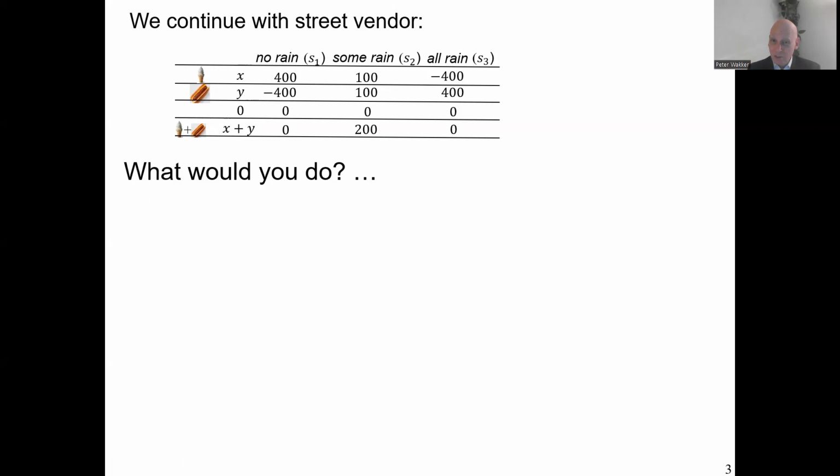You never lose and you can gain some. Of course, 0 is not good. Nobody will consider the 0 option because X plus Y is superior to 0, but X plus Y is quite nice. So many people, for that reason, just say, I'm going for X plus Y. However, that can still not be so.